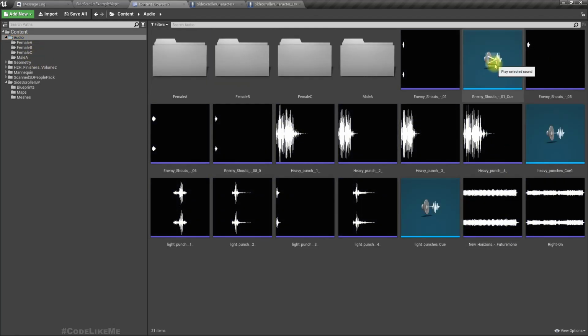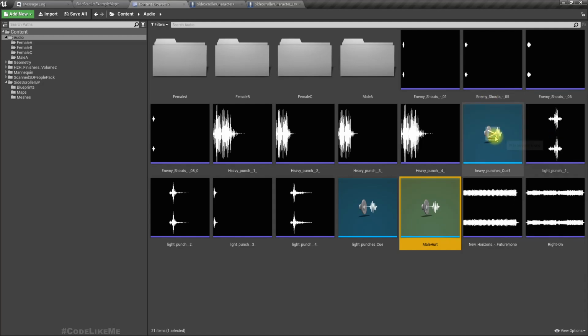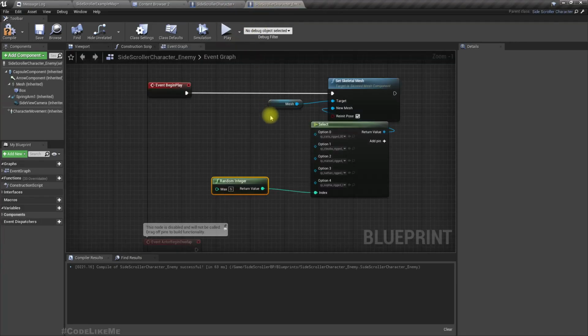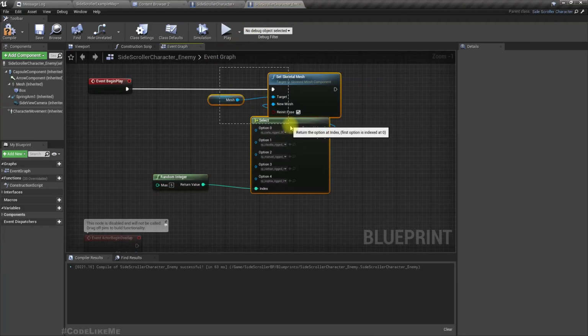So I'll name this one male hurt. And I have another one used for male death, which should be, but I think I don't have one, so it doesn't matter, I can reuse one of these. So yeah, now when I change the skeletal mesh,